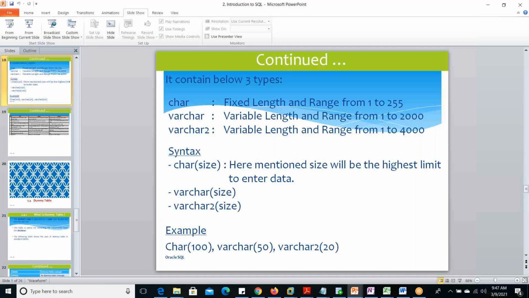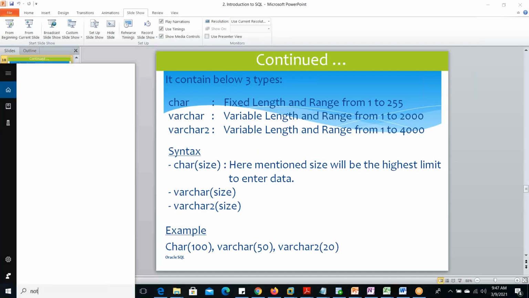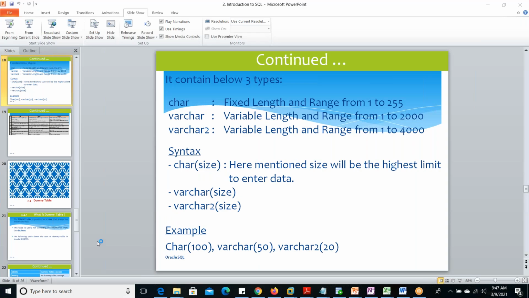So here, one is date, second is number, and third is string.